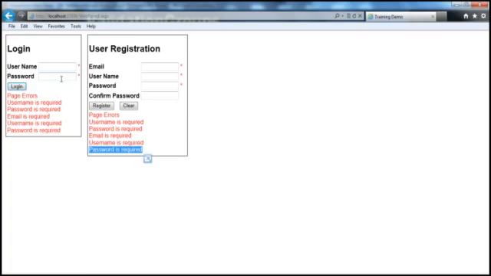Okay, so it's like whether I click this button here in the login section or whether I click register button in the registration section, all the validation controls on the page are being fired. And look at the validation summary controls. Each validation summary control is showing the error messages of all the validation controls on the page, and it doesn't